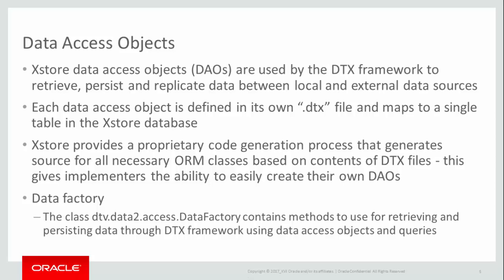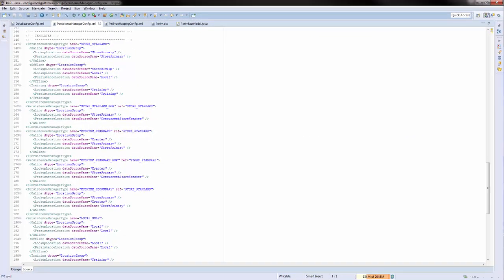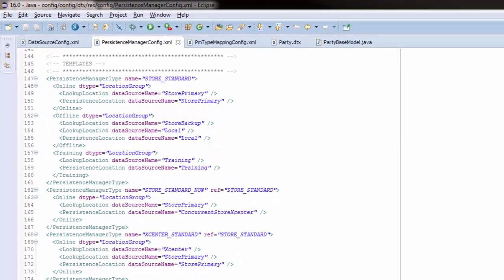Within XStore, the primary class used to access these DAOs is the data factory class, which contains all the methods needed to retrieve and persist data through the DTX framework using these data access objects and or queries. Now I'm going to show you some examples of the other configuration files that are needed within DTX to make DTX functional. First file is the persistence manager config XML file, and this defines the ways and locations